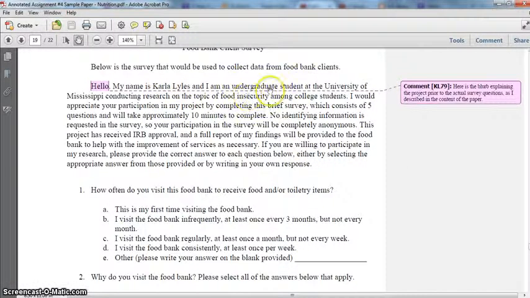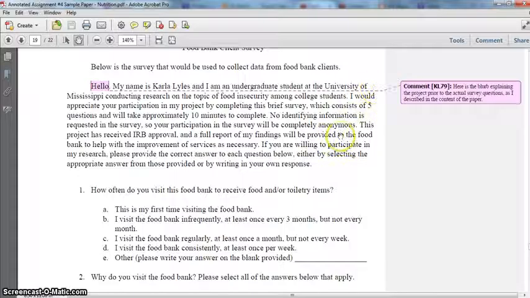I'm claiming I'm an undergraduate student because I'm writing this as though I'm in your place as a student, and I explain what it is I'm researching. You do want to make it clear what it is you are researching, but that doesn't mean you have to go into an extreme amount of detail, because you definitely don't want to be so thorough in this explanation that you potentially skew your findings. So just give a basic understanding of what the project is about.